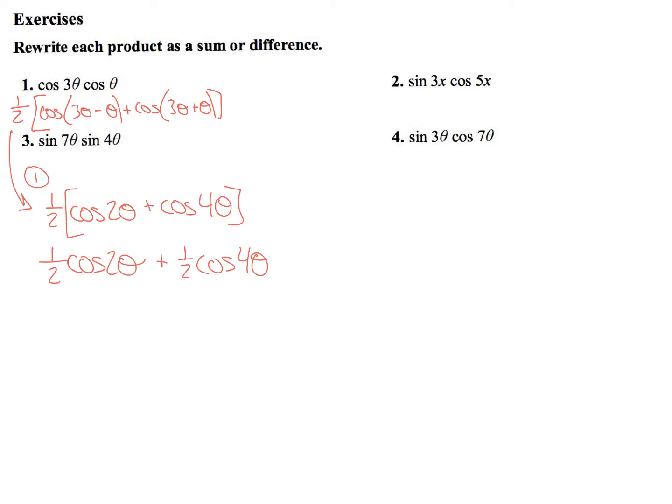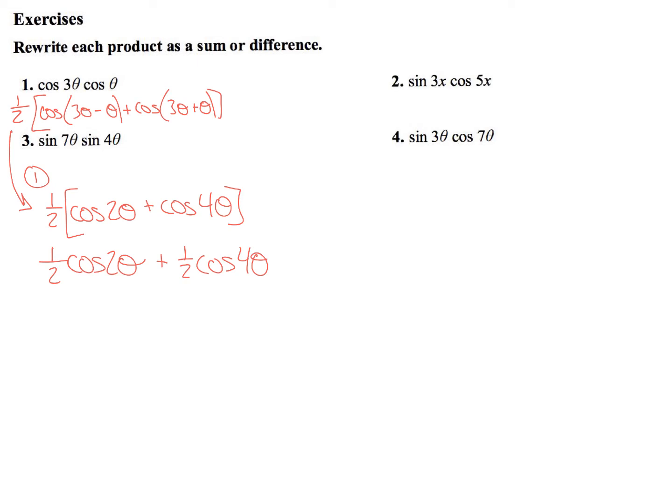I'm just going to start it down here. So sine 3x, cosine 5x. Okay, in that product to sum or difference, go ahead and take a peek at which one has a sine first and then a cosine. If you see that, that's going to be the third row down, where it goes sine, then cosine, order matters. So we have a 1/2 sine 3x plus 5x